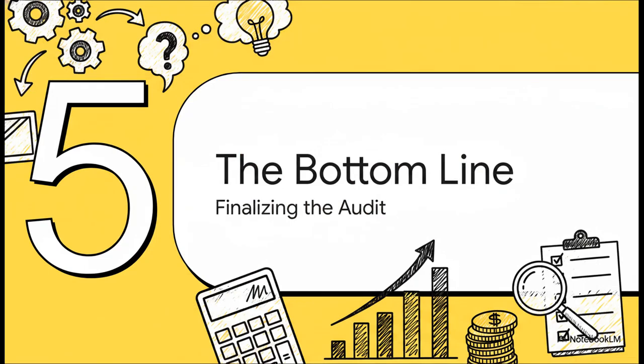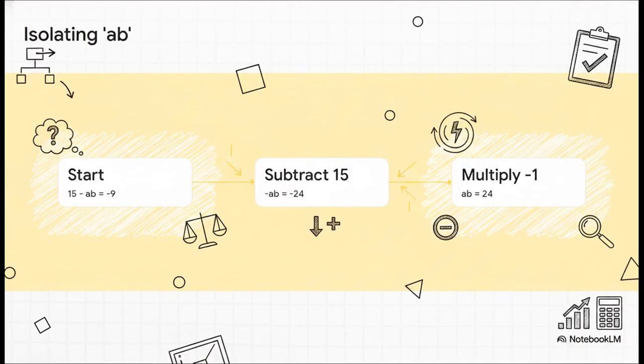Which brings us to our final phase, phase 5, the bottom line. This beautiful piece of operational efficiency brings us right to the end of our audit. Because we spotted that shortcut, the path forward is incredibly clear and remarkably fast. We start with our KPI, 15 minus AB equals -9. To isolate our target asset, AB, we just subtract 15 from both sides of the ledger. That leaves us with -AB equals -24. To finalize the books, we simply multiply both sides by -1 to flip the signs, leaving our target variable positive